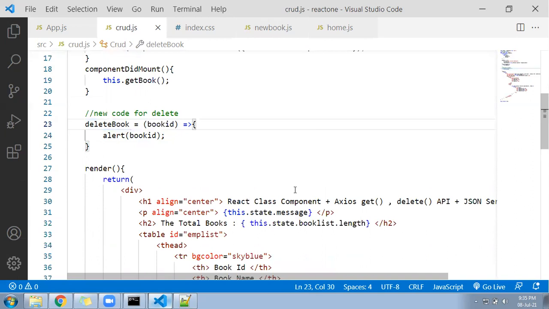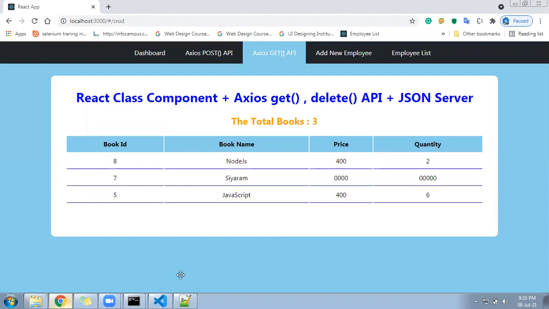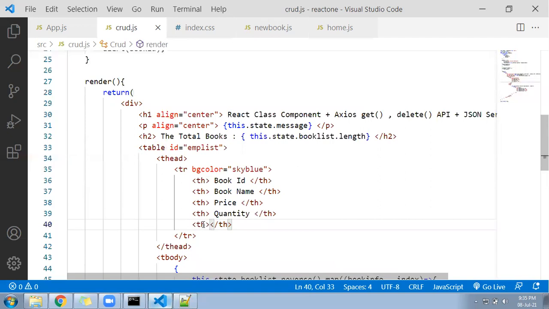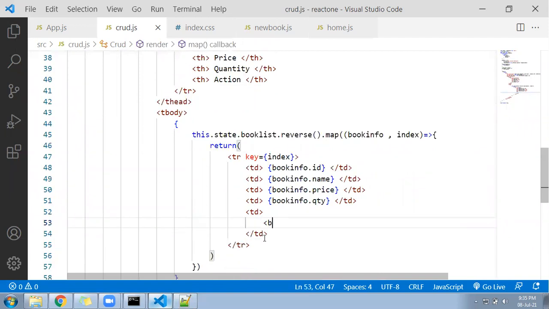In HTML, as you have seen last time, there was no action field. So I will be adding one th called action. I'll come down and add a td also here. Inside the td, we will be creating two buttons. One button will be for the edit purpose, and one more button will be for the delete purpose.